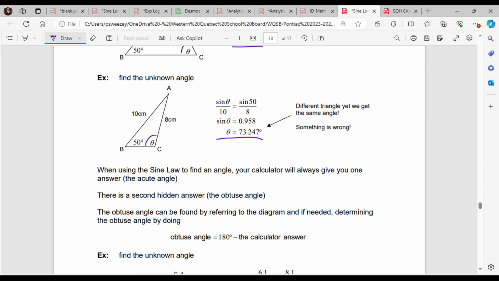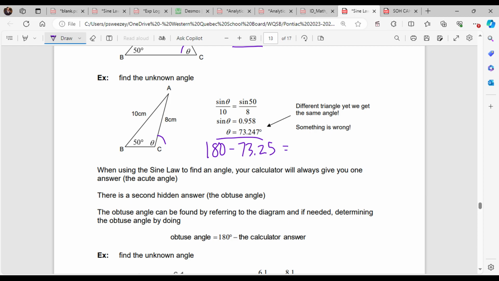You didn't do anything wrong. It's just that sine law is a little dumb, so we've got to give it a little bit of extra help. Sine law, for some reason, only wants to give us the acute angle. And again, we know why. The ratio just kind of works out funky. So that's basically it. One extra step when it's obtuse: 180 minus 73.25 is going to give you the actual